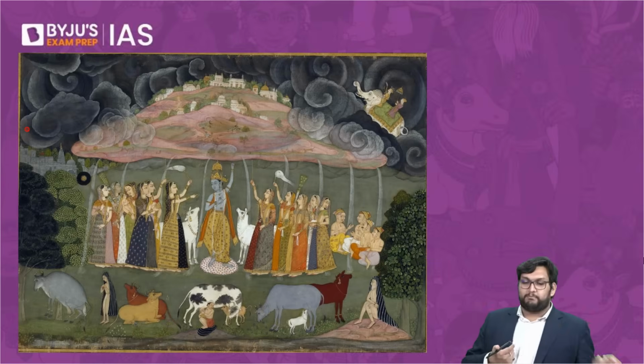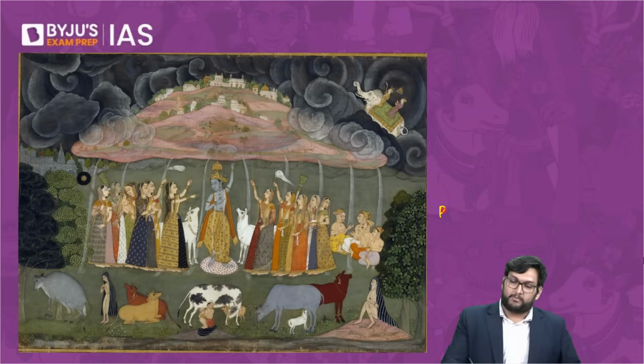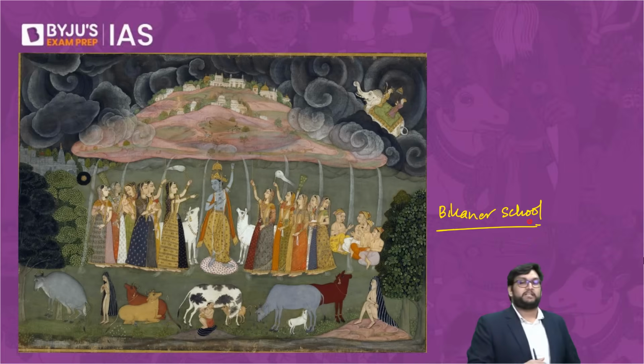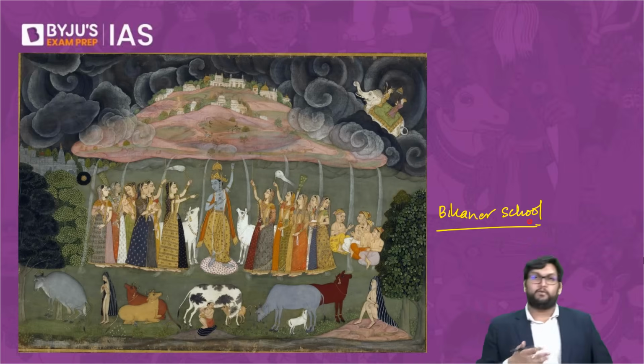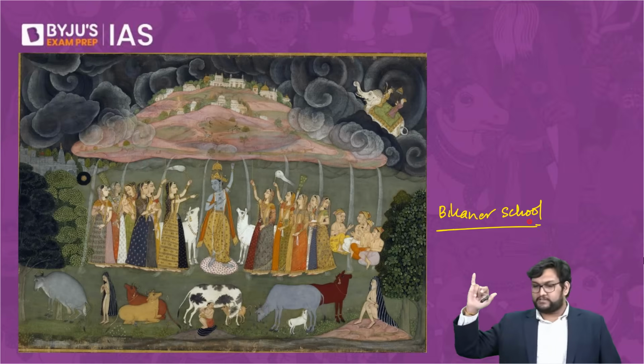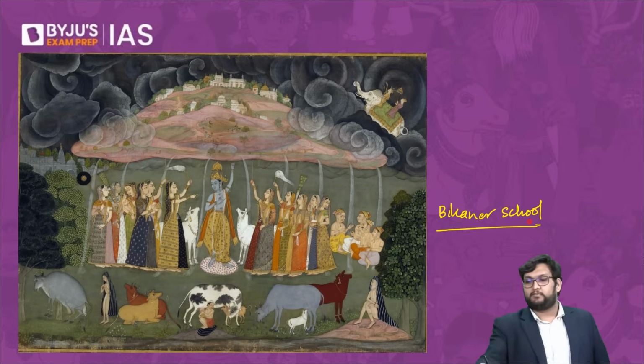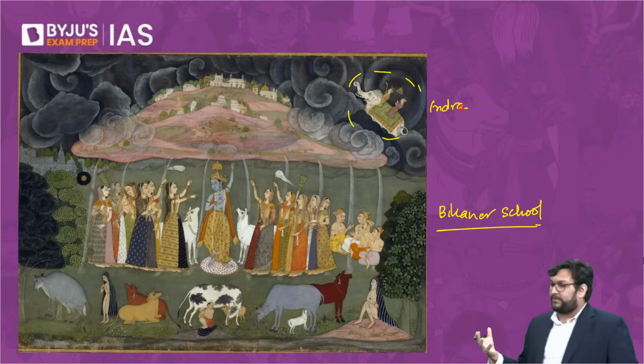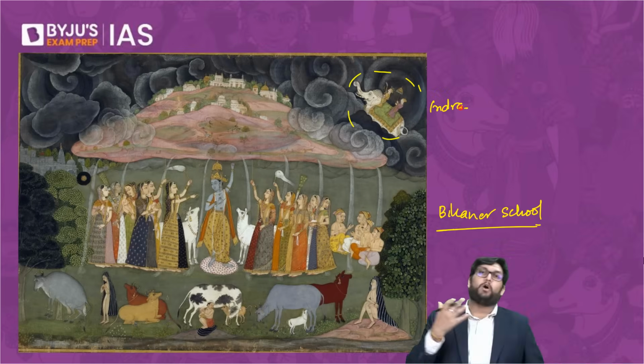Then comes the Bikaner school. When we talk about the Bikaner school, this is the representation of the Govardhan Parvat. The Govardhan Parvat, which is Lord Krishna holding the Govardhan Parvat on his small finger, so as to save from Lord Indra, who is basically making it rain so much that there was a need to go under a certain